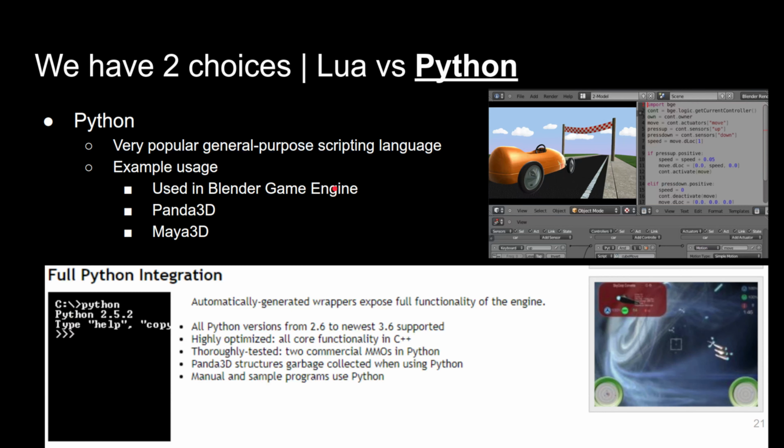Python, on the other hand, is a very popular general purpose scripting language. It's also used in various game engines, game frameworks, and 3D tools like Maya and Blender. Maybe some folks on the design or art side have seen some of these. You'll see the application here, which is drawing the graphics and so on in C++, but in this little window you'll see that there is Python code being written for the actual logic. So the heavy lifting's done in C++, but the lightweight stuff is done in Python to organize the logic or how something must take place.